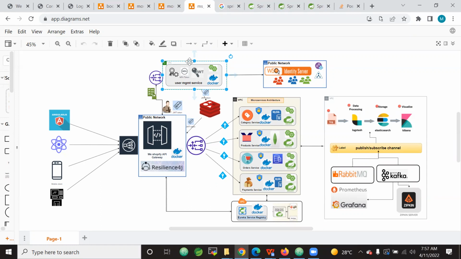But what we will cover in this overall course: Spring Boot, microservices, Spring Cloud, Docker. These are the concepts we will cover. And what are the other tools we will use here? Resilience4J. And of course, here we are using the ELK, and we are using Grafana and then Prometheus, and we will use Zipkin. And also we'll use Kafka in one use case, RabbitMQ in one use case, so that you will get an understanding